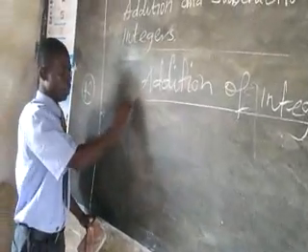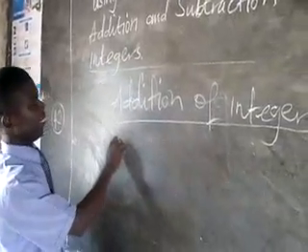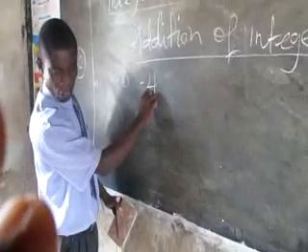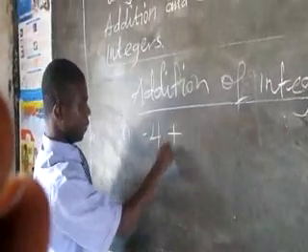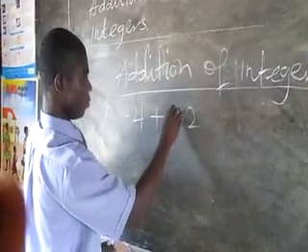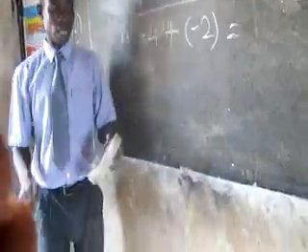Good. Now let me demonstrate. So let's say negative 4 plus, let's say negative 2. Now look at this boy, always